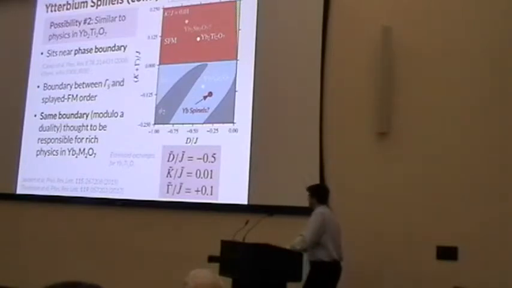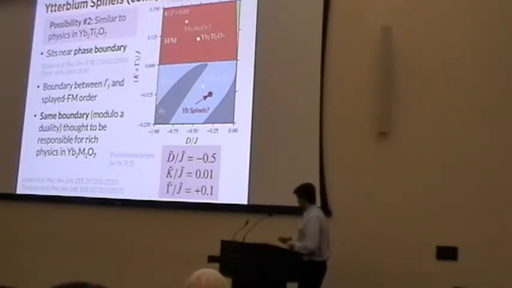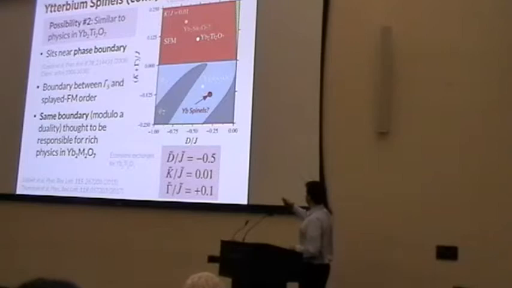And so with an appropriate redefinition of parameters for ytterbium titanate, this is a very similar qualitative regime. Basically, if you take a Heisenberg antiferromagnet on the pyrochlore lattice, add indirect DM, you sit on a phase boundary between the splayed ferromagnet and the gamma 5 phase, and which phase you land in is tuned by the sum of these two symmetric ends. So the idea would be ytterbium titanate, ytterbium stannate might sit up here, ytterbium germanate might sit down here,